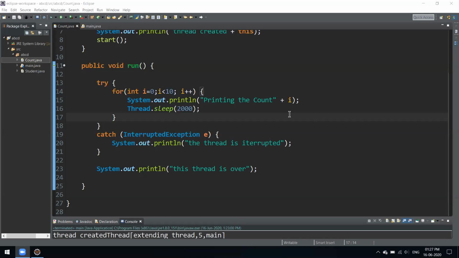So yeah, this was about threads. I'll suggest you don't worry much about threading for now. Just stick to the basics. First, cover your basics and be confident in them. After that, try touching these concepts of threading, because this might be very confusing.